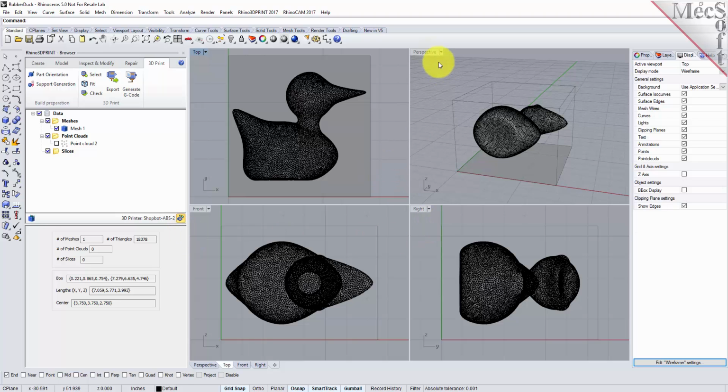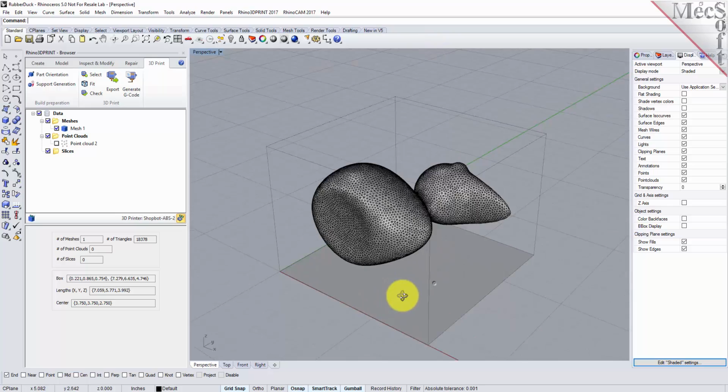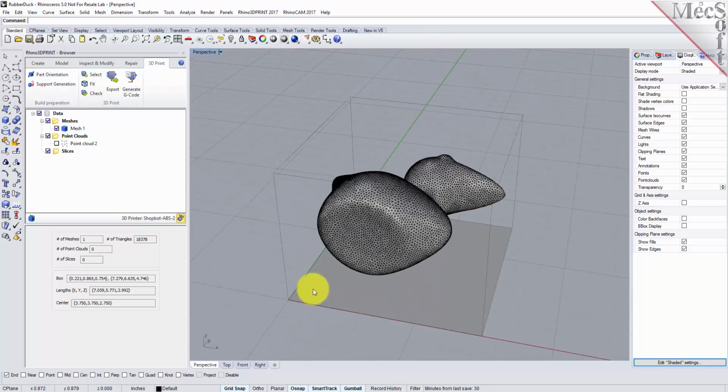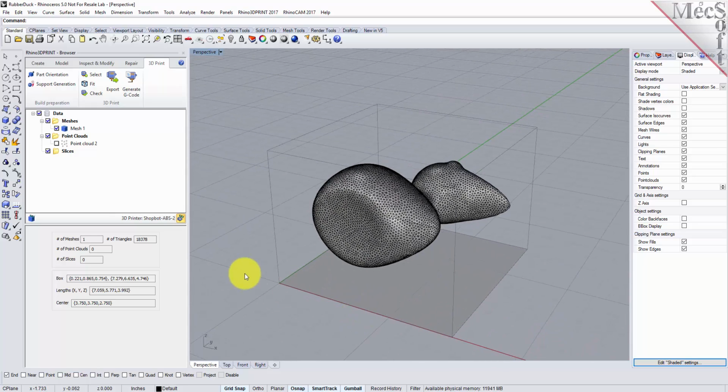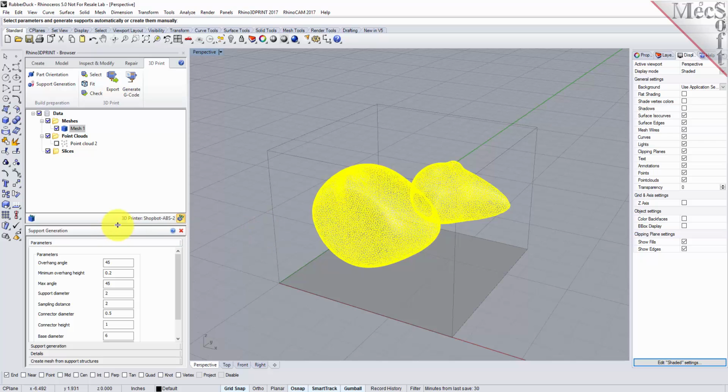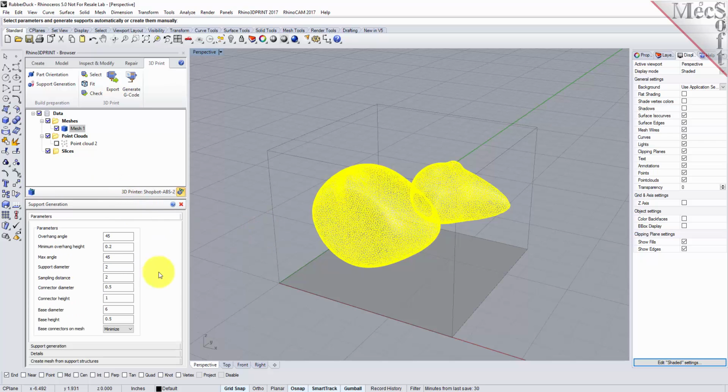So we'll close this. Let's go up to the perspective view tab and maximize that. So here's our part inside the printer volume. Now let's go and create a support structure. So from the 3D print tab, pick the support generation command. Select the mesh, and for the dialog options for support generation, there's quite a few parameters here,